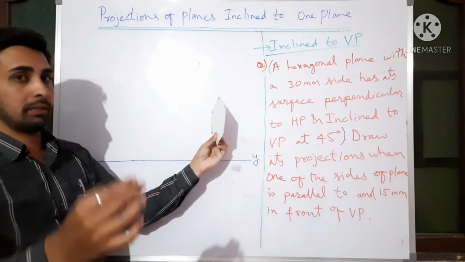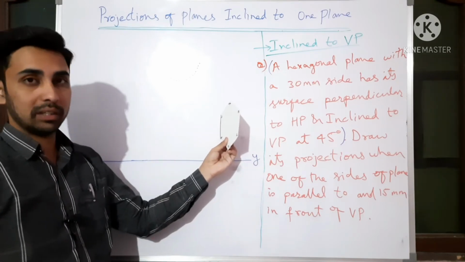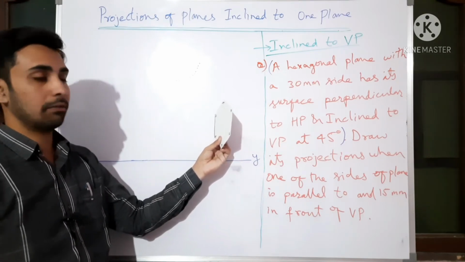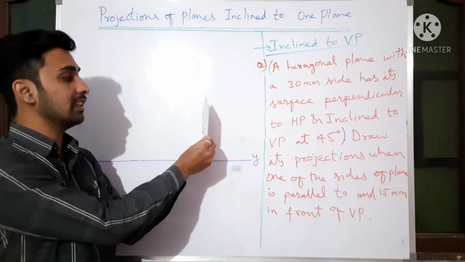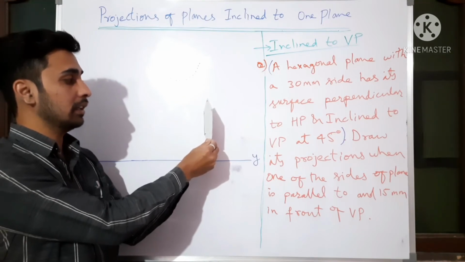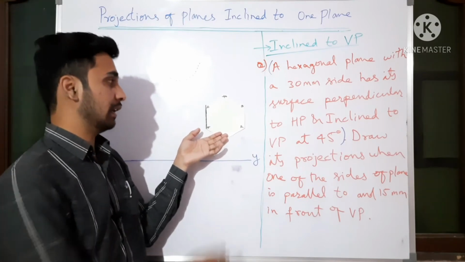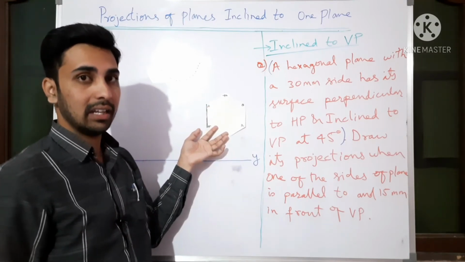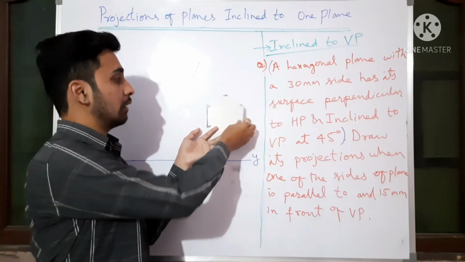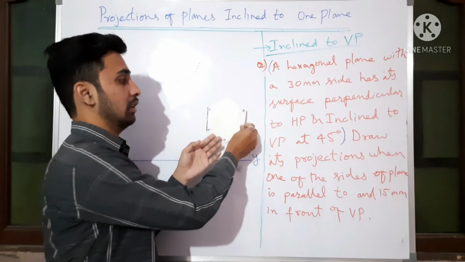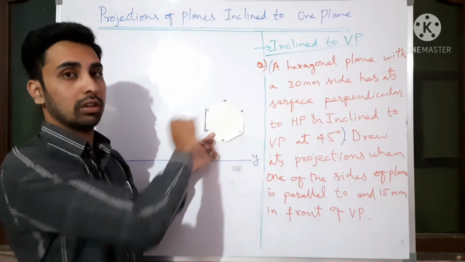So what you are able to see from the front is a little reduced hexagon. So as per the rule, whatever surface angle is given, we will leave it and assume that it is 0 degree. So the surface angle will be kept 0 degree like this. Edge angle they have not given, they are simply saying perpendicular. Even if they give an edge angle, that angle should be made 90 degree and the surface angle should be kept 0 degree. So the surface angle, earlier it was 45, is kept 0 degree. So now what you are able to see from the front is the true shape, the shape of the object.